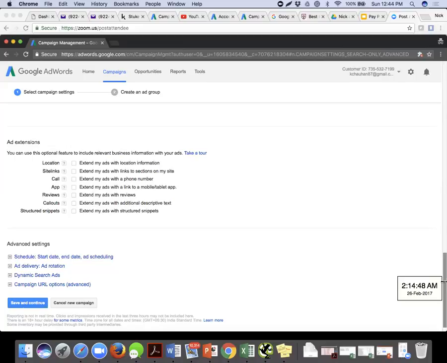How is it beneficial for me? When I want to visit that place, I'll click on a location extension. Location extension looks like a bubble, that similar bubble figure. I'll click on that bubble figure and it will have the address. Now I don't have to copy that entire address and put it into Google Maps. That trouble is again vanished. I'll just click on the bubble, and the Google Maps app is automatically going to open up. It will tell me this is where you are, this is where your end destination is, and how much time you're taking. So these are the benefits which a couple of ad extensions give you.